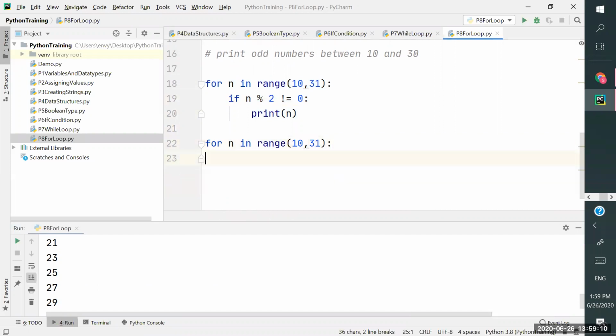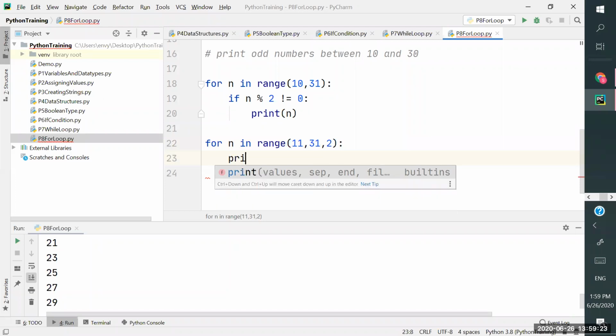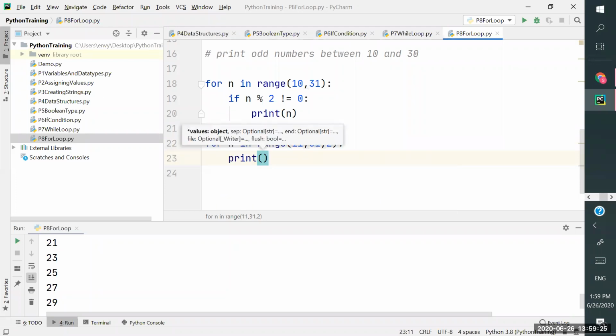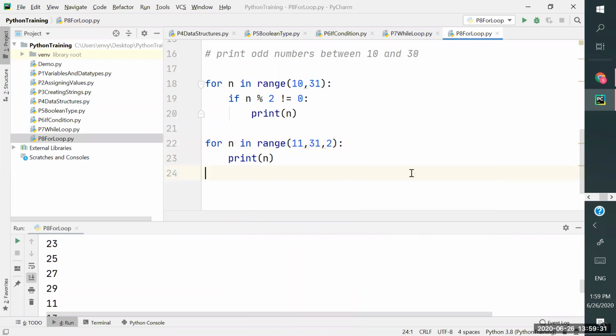Okay, I want you to understand. I'm starting from 11, and then here I will give a comma 2. So when I specify it the first time, it is going to have 11. The second time, it is going to have 11 plus 2, 13, like that. So it will print values from 11, 13, 15, like that. Whatever you give, that becomes the incrementation.